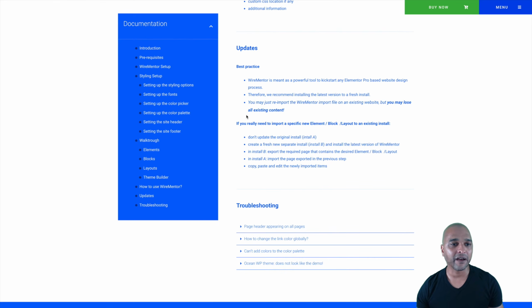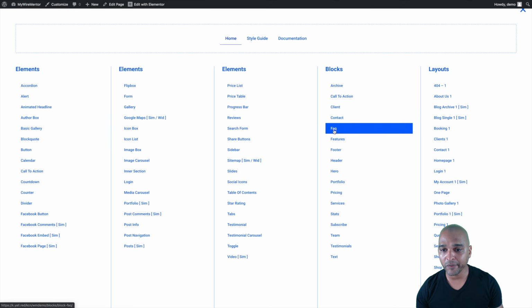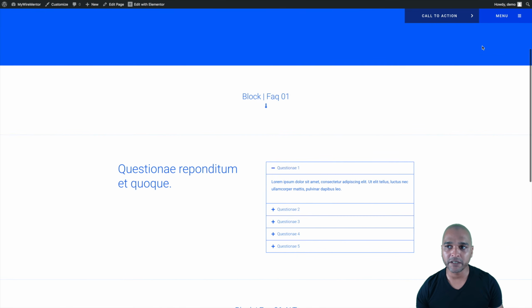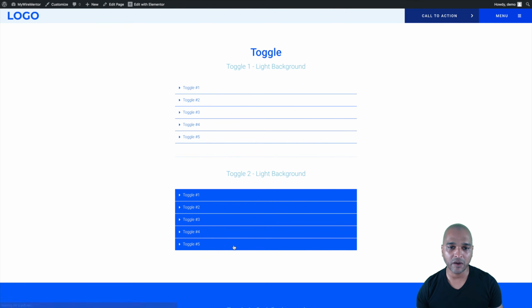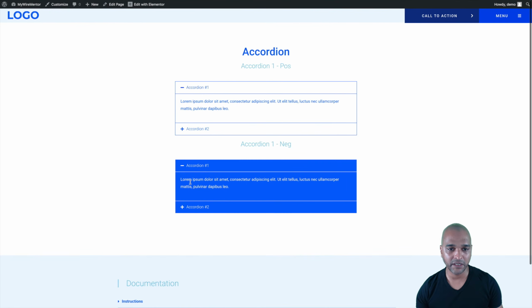I mean, if you don't know, let me show you. If you don't know what a frequently asked question may look like, it's going to be tough. You're going to look everywhere. So if you know Elementor, you know that it's a toggle or an accordion, as you can see here. If you already work with Elementor, that's going to be pretty easy. And if you don't, well, that's a good opportunity to really get your hands dirty and get to know the tool,